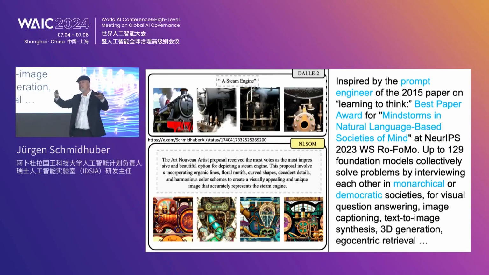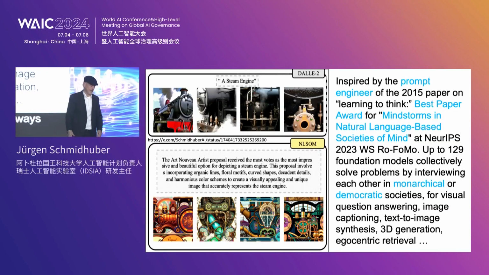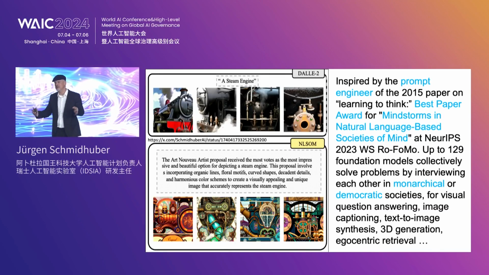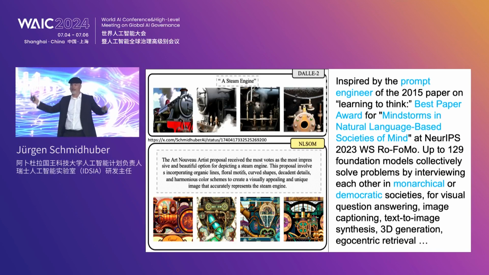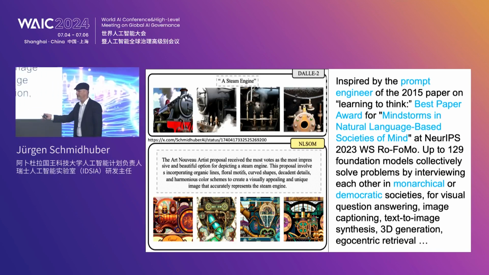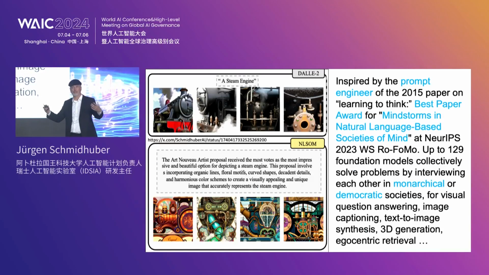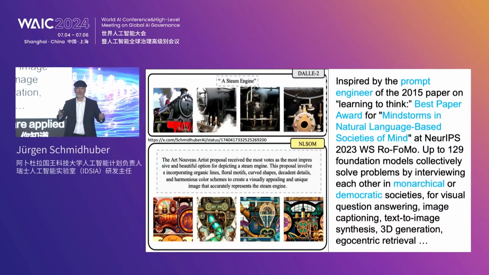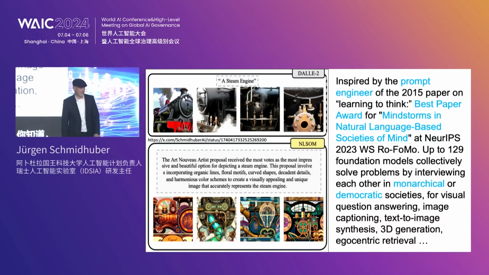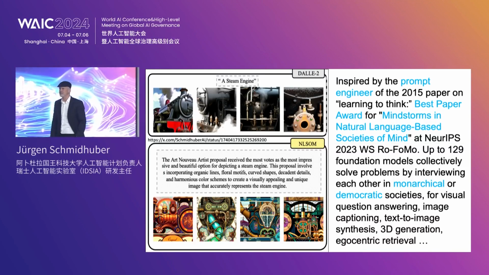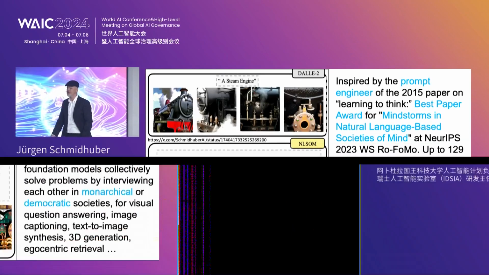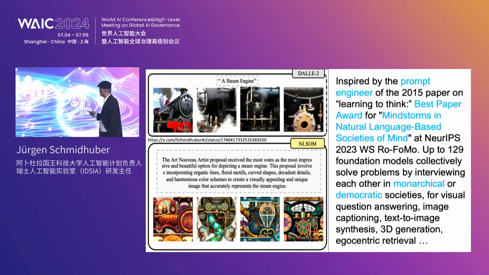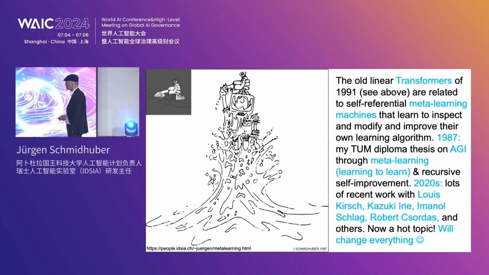And so they all interact, and there are different ways of organizing them. You can organize these language models either in monarchies, where there's a neural network king that decides which of the proposals of the underlings are useful and are to be executed. And then you can have a democracy, with the rules of democracy, by voting on certain opinions. In these mindstorms, it turns out sometimes for some tasks monarchies are better, and for other tasks democracies are better, and we don't have a general rule. Very interesting, lots of applications of that stuff.